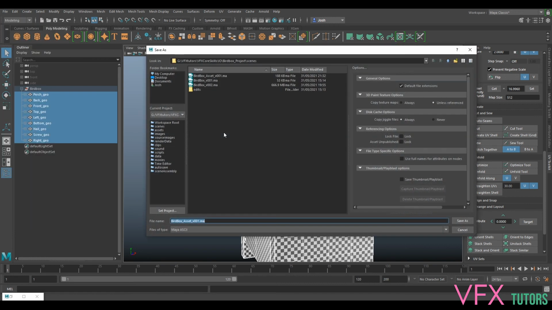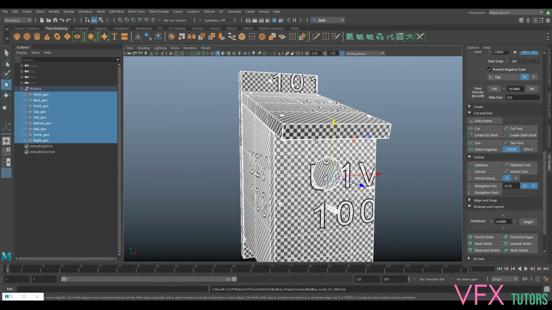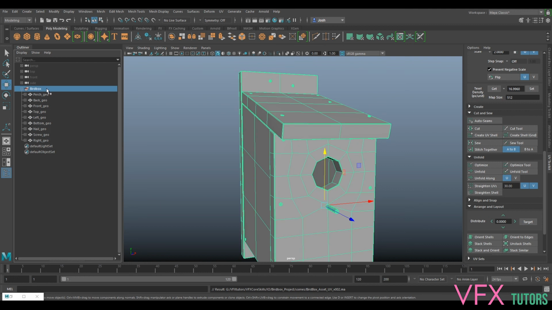So you might want to save that. I'm just going to save scene, and I've saved this as bird box asset, and I'm going to save this as, I like to name it, UV 2, save. And I'm just going to underscore this low, because before we take this into ZBrush, I want to, so when we subdivide this,